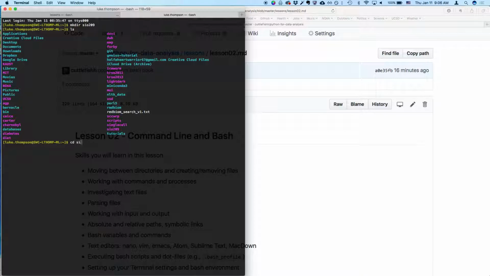We can move into that, and yours is going to be empty. Mine has some stuff in there because I already had a folder named this. But we're going to do one more command. We can do mkdir